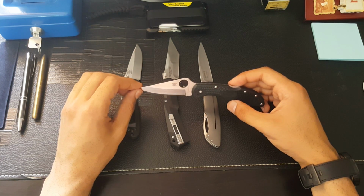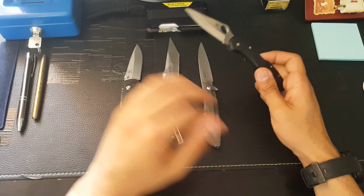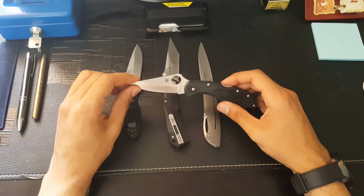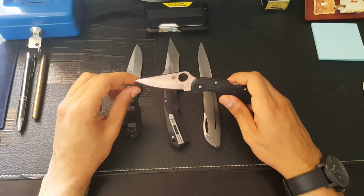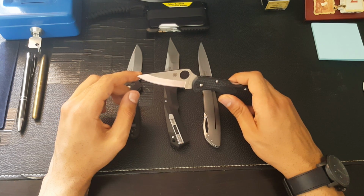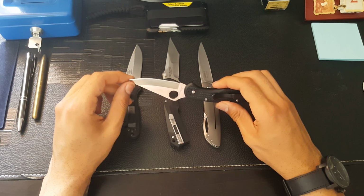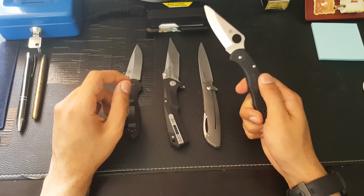Probably the only downfall that I've had with the Spyderco is the fact that I haven't used one that's made from America. Once again, not that I'm disclaiming any other knife makers from any other part of the world. Like I said, I buy knives because I like them to last and be durable. But then again, this is a Japanese-made version. It's a Delica 4, and I've had no dramas in terms of its functionality. The only downside I had to it was